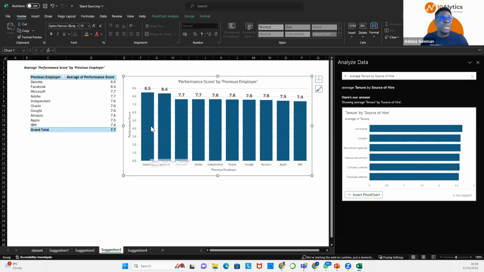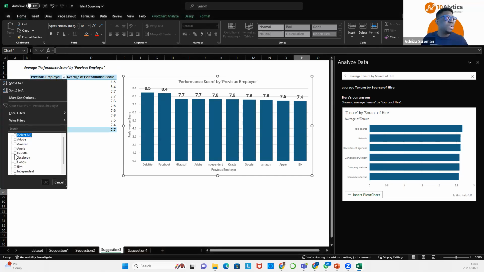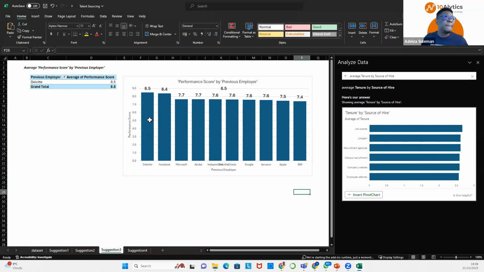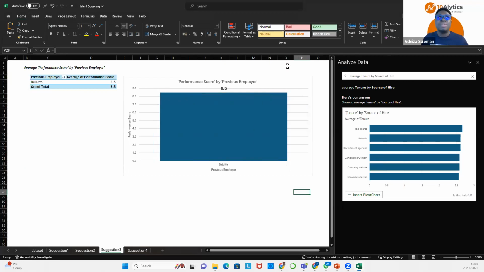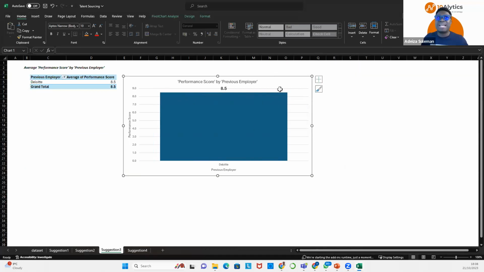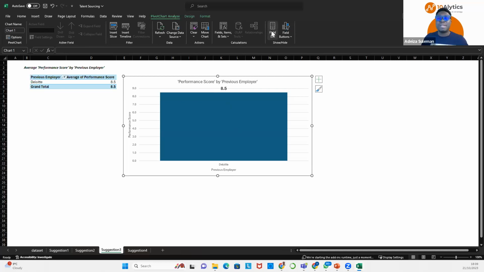It's also good for us, we can drill down into Deloitte. I showed you how to do that a few minutes ago. You can filter for only Deloitte. Okay, filter for only Deloitte. And then let's close the analyze data. And this is just an extra or bonus because you want to see the positions or roles for Deloitte and where these positions are, if they are technical or technology related roles or not. We click on pivot chart analyze, we click on field list to bring out the field list.